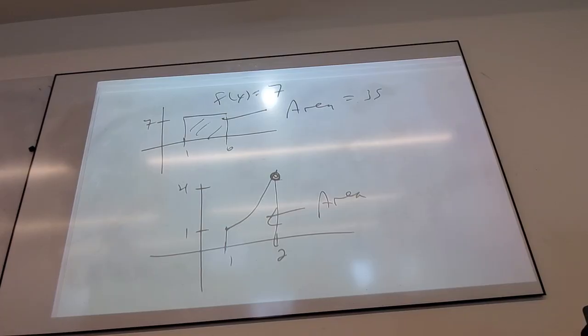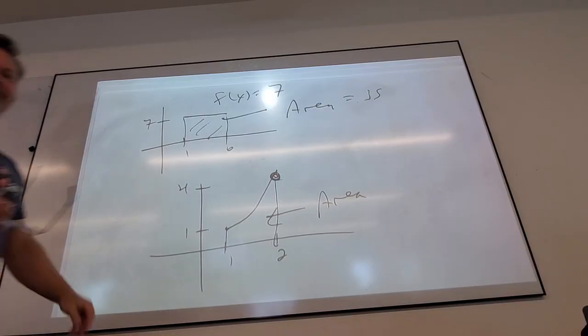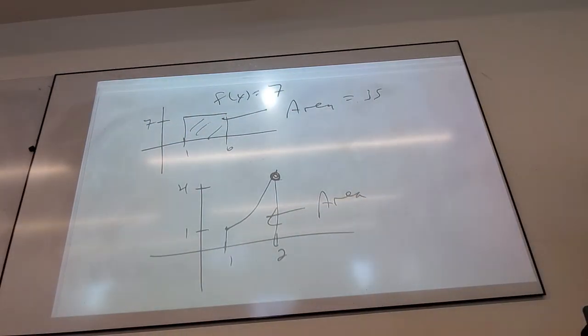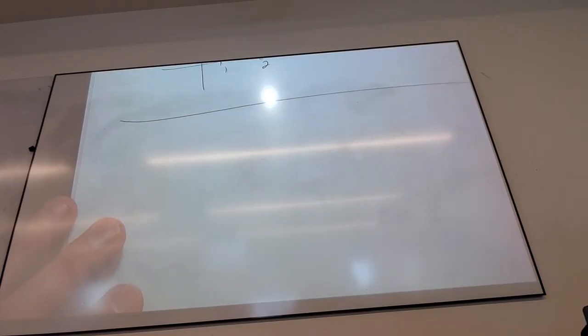So what we're about to do is to develop a method to get the area between a function and the x-axis, right? We're going to do that before we figure out why we want it, because that's how math sometimes works. One symbol we're going to use along the way is this symbol.